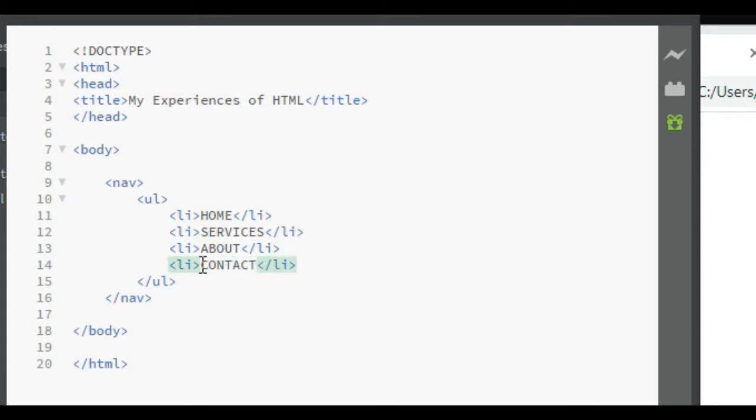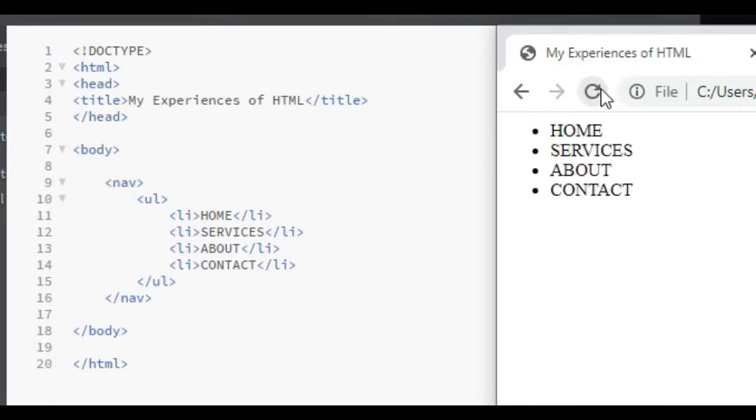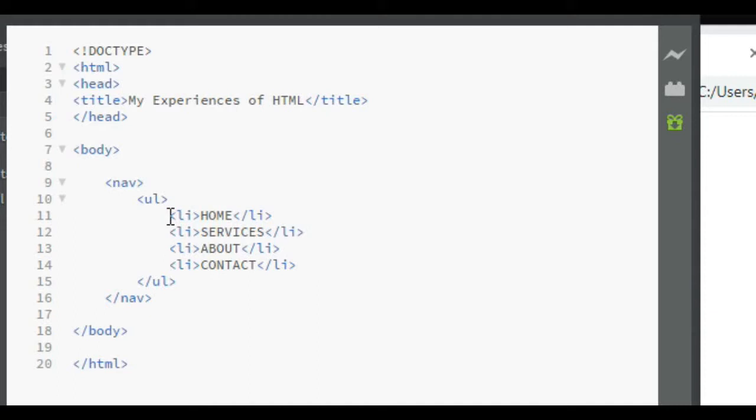So these are some other tags we'll use. This is what we'll use for a navigation bar. And let's save and then go back and hit refresh. And there you go. You got your little navigation bar where you can do all your clicking and everything like that. But you can't click anything now unless you add the